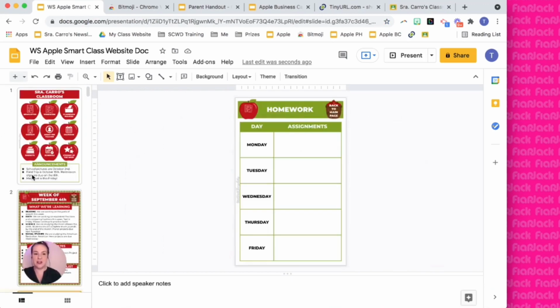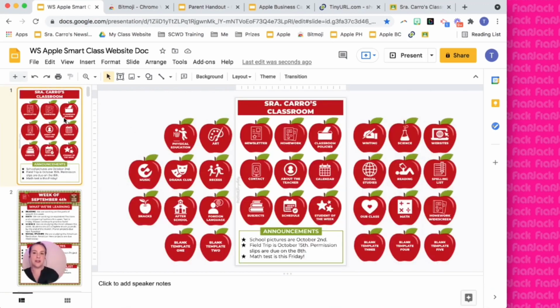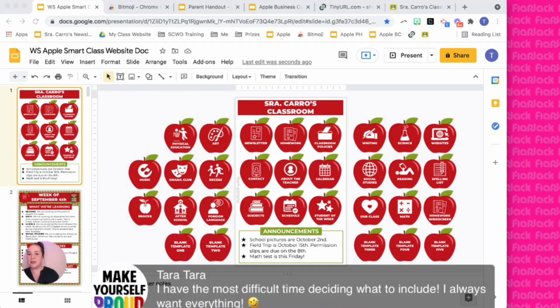So as long as you don't mess with anything, when you put this in presentation mode, when somebody clicks or taps on the homework, it's going to go to the homework slide. Okay, so Tara says, I have the most difficult time deciding what to include. I always want everything. Yes, and like I said, some of the other templates you could